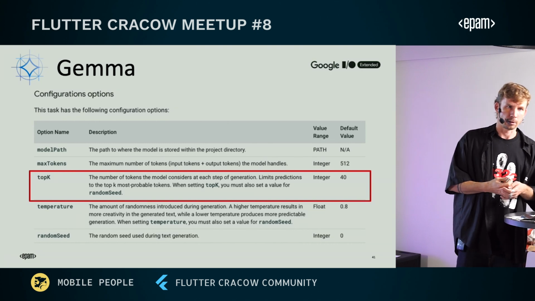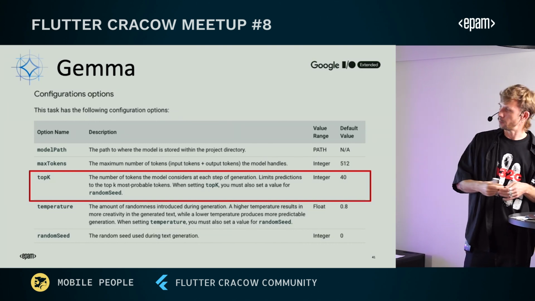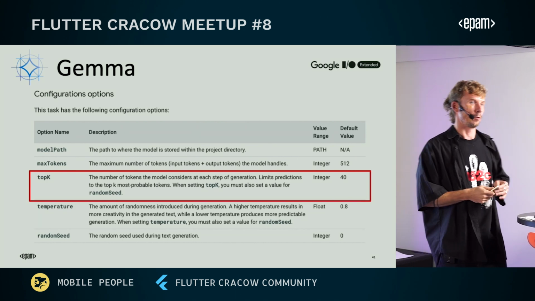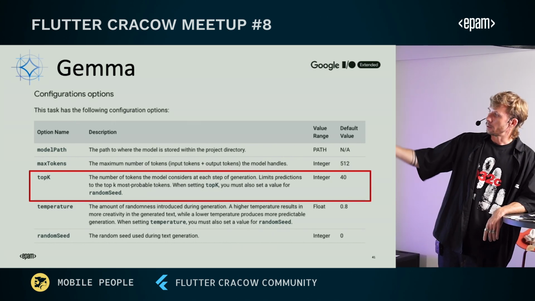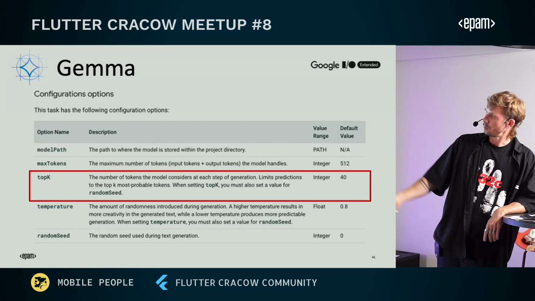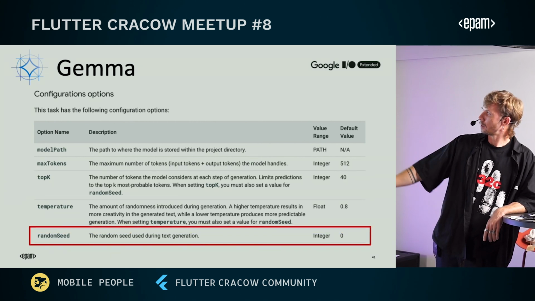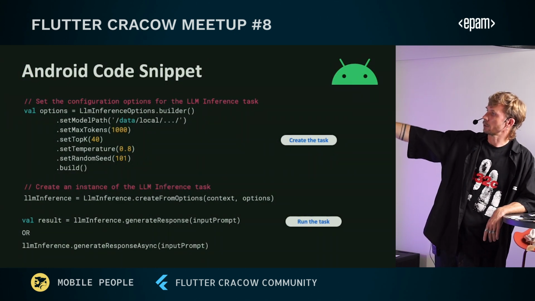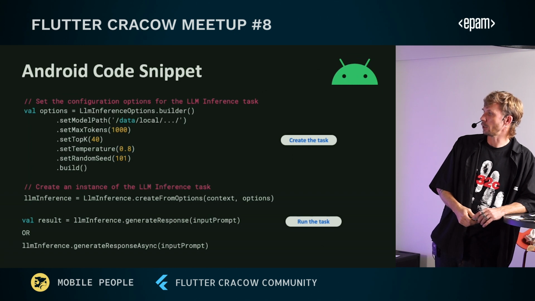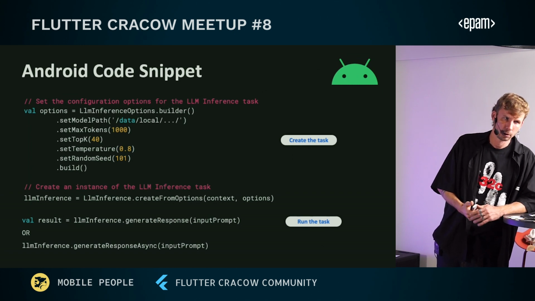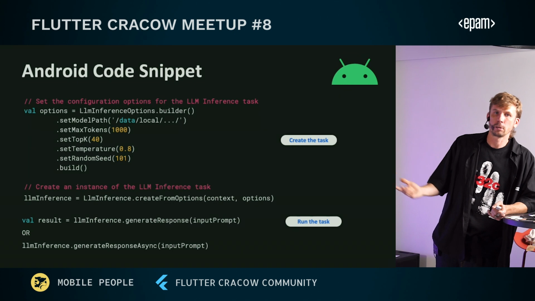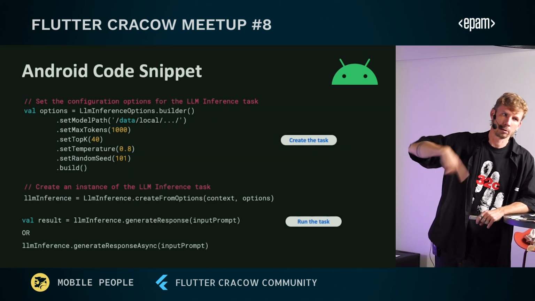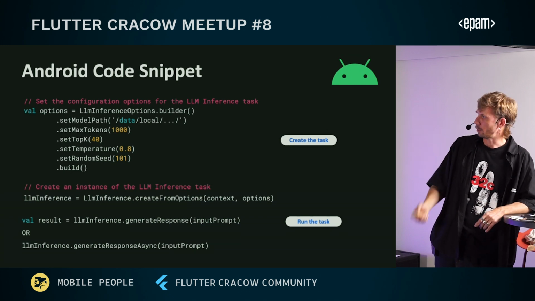So usually you don't need such an approach, and you can play with temperature, change it. One is the highest creativity of the model. You can set up your model during initiation and then play with it. For Android, it's a really simple thing. You configure it, and then generate a response or generate an asynchronous response. The difference is you get the full answer, or word by word to make it animated, for example.